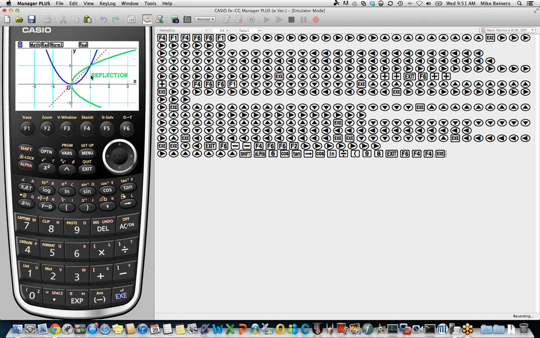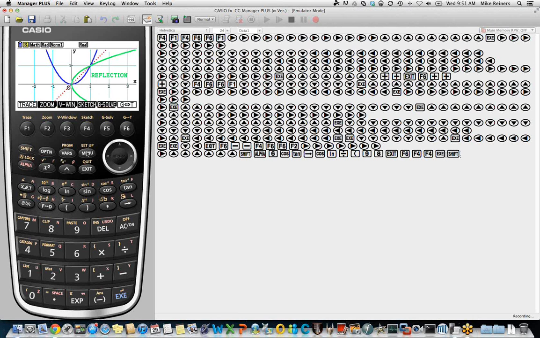We do have a question from a participant who's asking if there's any way to change the color of these sketching items. For instance, if you were going to do a screen capture of what you have here and use it in some materials you're handing out to students or whatnot, you may not have the ability to do color copies or color prints. You may want this to be a darker color so that it doesn't come out light and faded when the students are looking at it. And there is a way to change the sketch color.